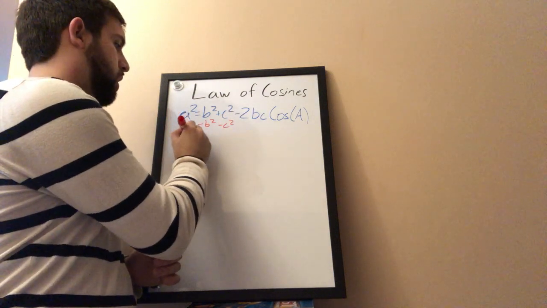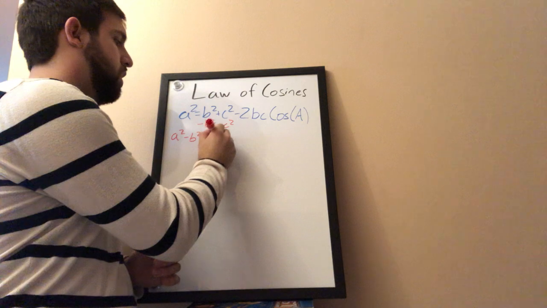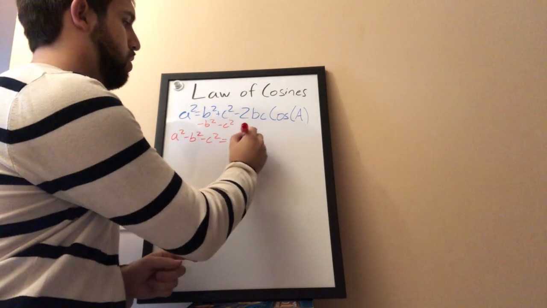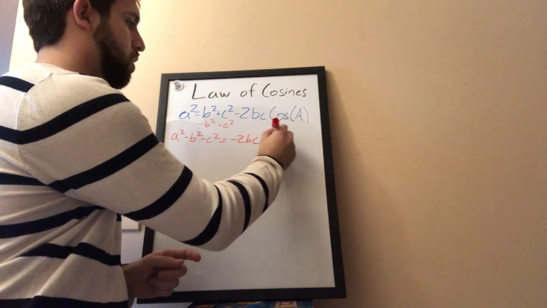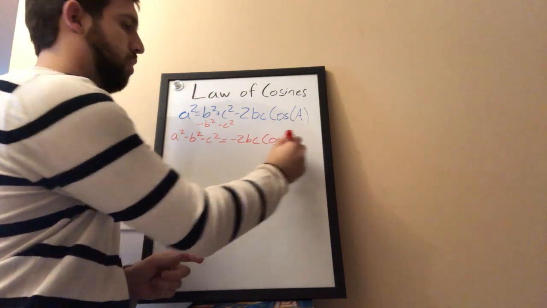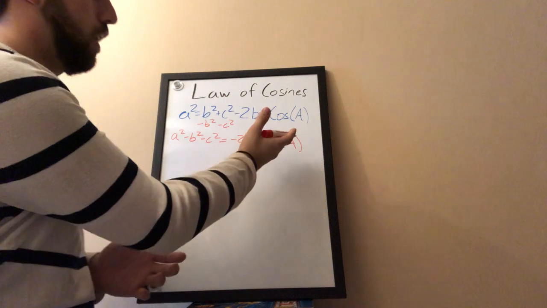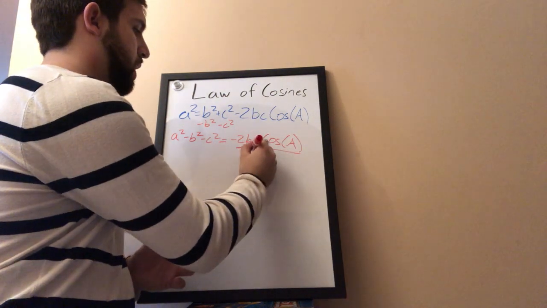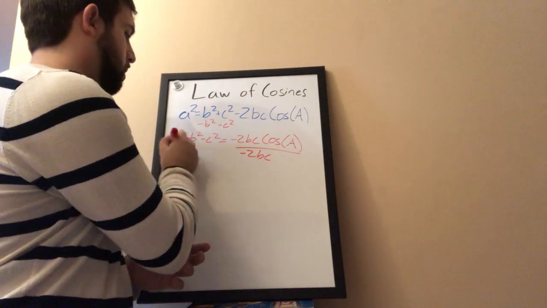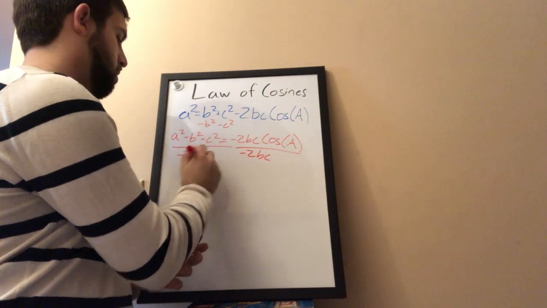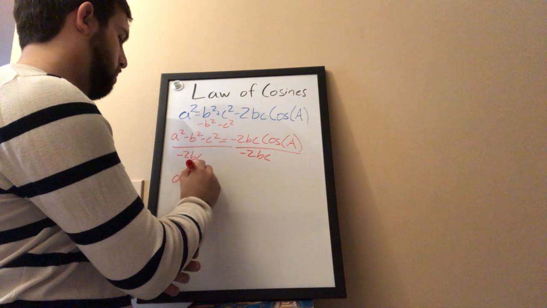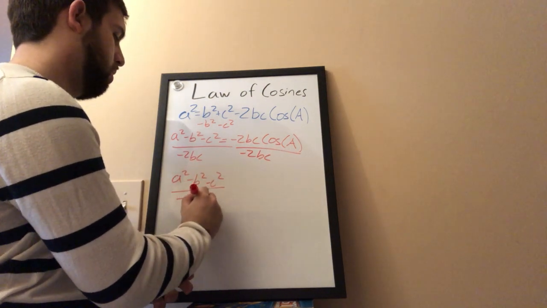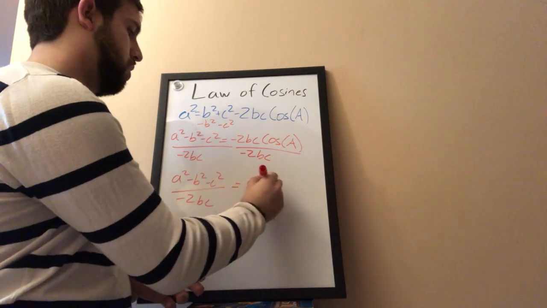So I get a squared minus b squared minus c squared equals, the leftover part is minus 2bc cosine of angle A. Now, to get angle A by itself, these are all multiplied, so I'm going to divide the whole thing by negative 2 times b times c. So I'm left with a squared minus b squared minus c squared divided by negative 2bc, and that equals cosine